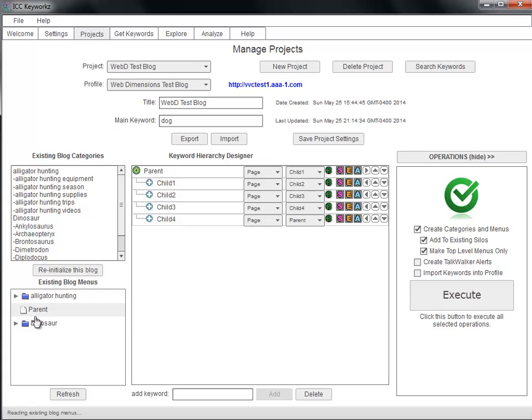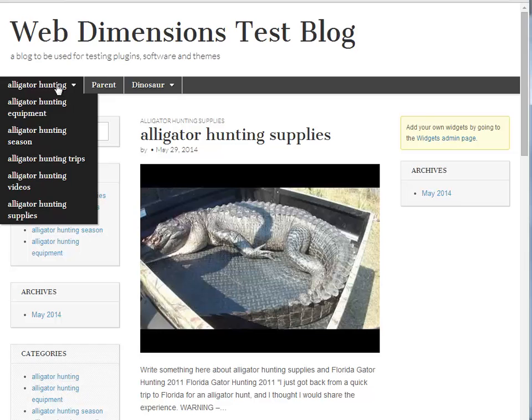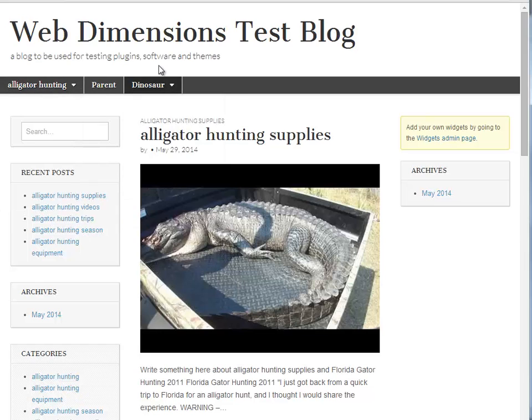In terms of the order here, I'm not quite sure. We're still working on that. I plan to put in a drag and drop interface so you can drag these around and change the order. It's not in there yet, but it's on the list of things to do. So let's take a look at what we've got now. We've got the alligator hunting silo, the dinosaur silo, and now there's this one item here with no submenu. So if we click on this item